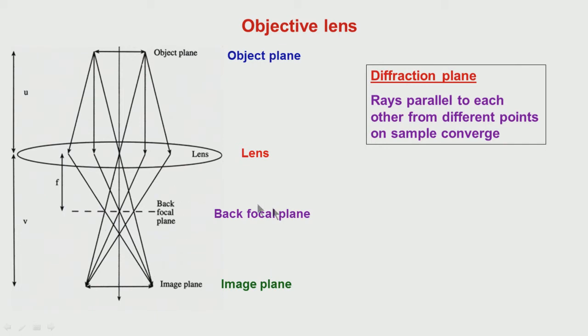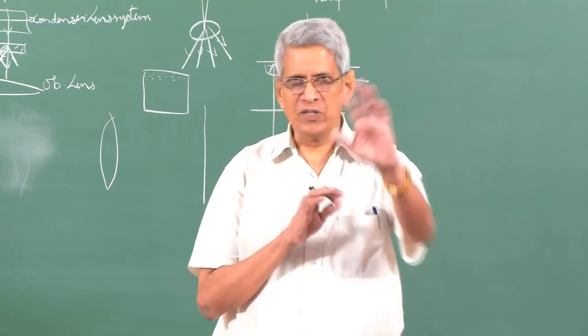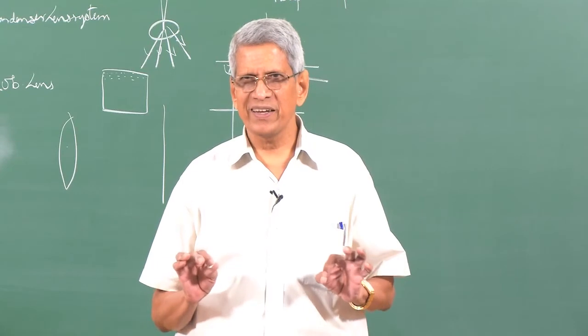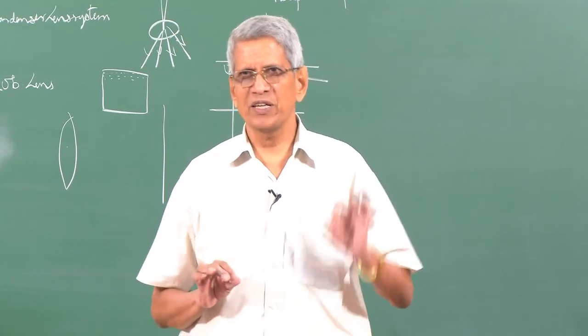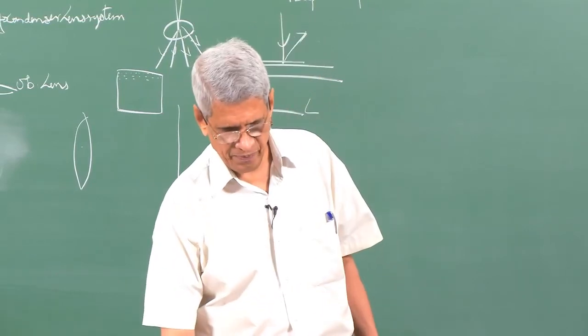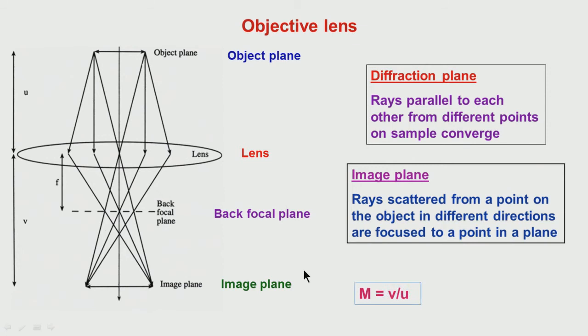Okay. So, if you look at this figure, for any lens, it has two planes. One plane is a diffraction plane, another is an image plane. From the sample, when the scattered beam comes out, it does not matter what the source of that radiation is. If the source is coherent, you get both diffraction and image information from different regions of the sample. This is a property of the lens. This is how an image plane is defined.